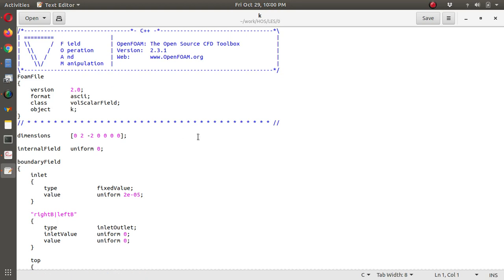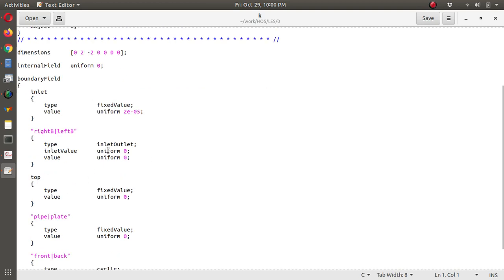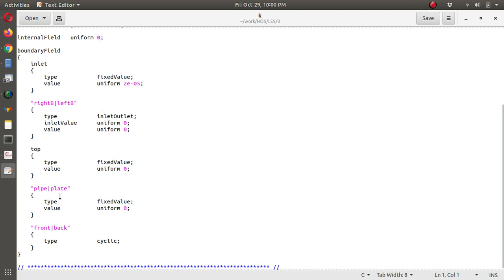In the turbulent kinetic energy, we are providing the fixed value, that is 2 into 10 to the power 5. For right and left boundary, some inlet outlet boundary condition, which is a kind of zero gradient boundary condition. Top is a fixed value, pipe and plate close to the wall, the turbulent kinetic energy is 0, and front